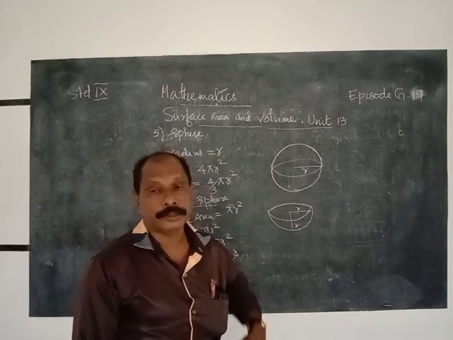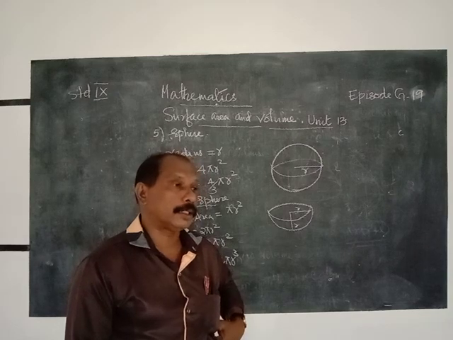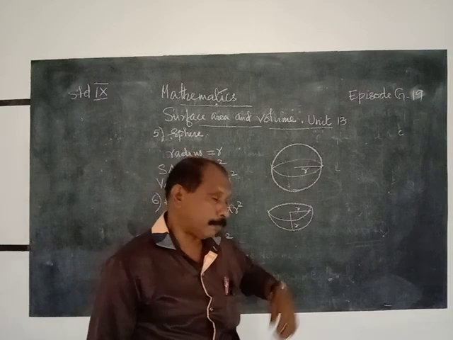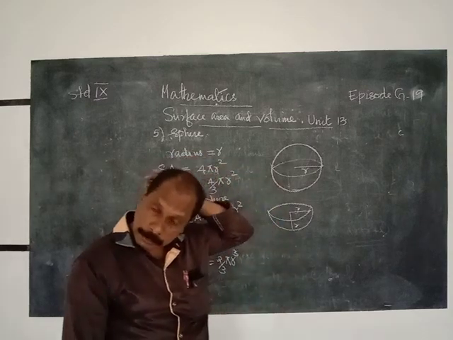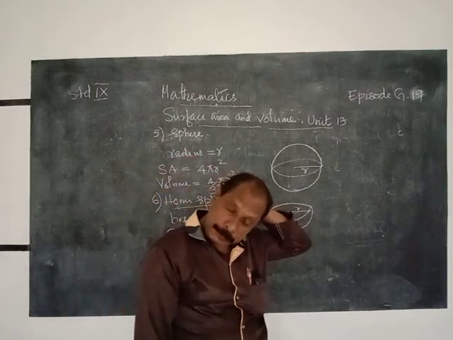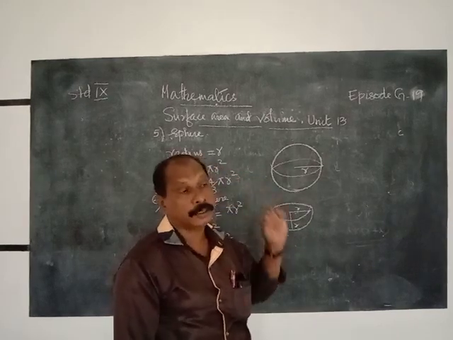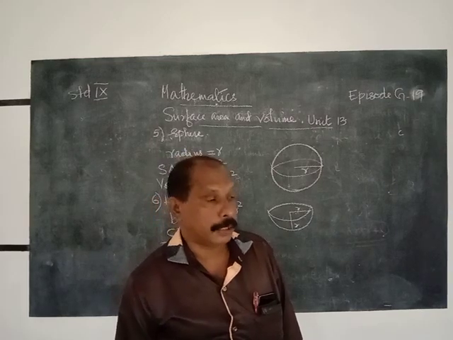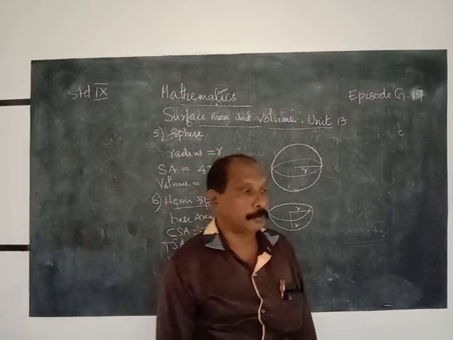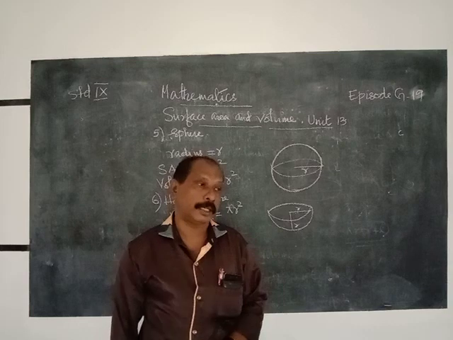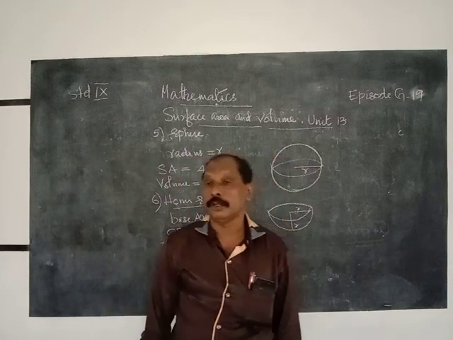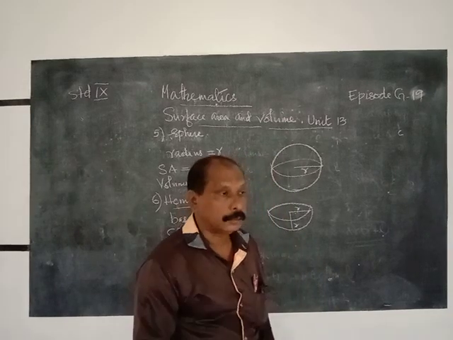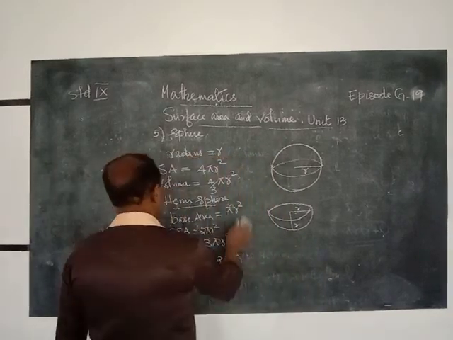Then, for a solid with only one surface, that is a sphere with radius r. Therefore, the surface area is equal to 4 pi r square and the volume is equal to 4/3 pi r cube. Half of a sphere is known as a hemisphere. For a hemisphere, there is a circular path, that is the base, and the curved surface. Base area is pi r square and the curved surface area is 2 pi r square. Therefore, the total surface area of a hemisphere is 3 pi r square and the volume is half of the volume of a sphere, it is 2/3 pi r cube. These are the main points for this unit.